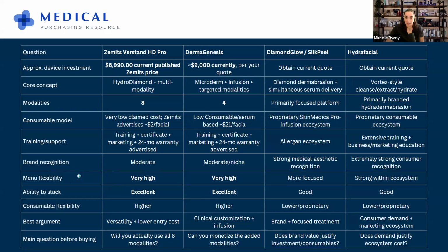Menu flexibility. Now, with the higher amount of modalities that you find with your devices, and again, you can always do research after this conversation, which is great. I always encourage people, even after I speak to them, to research even more. My word is not the ultimate word. I'm pro education and research on your own, but if I can give you as much as I possibly can, I will. So menu flexibility, the more modalities you have,